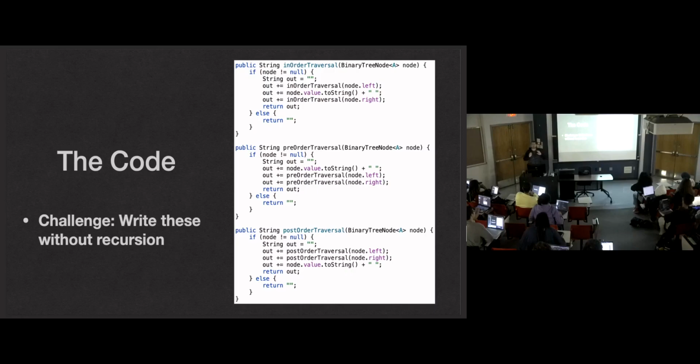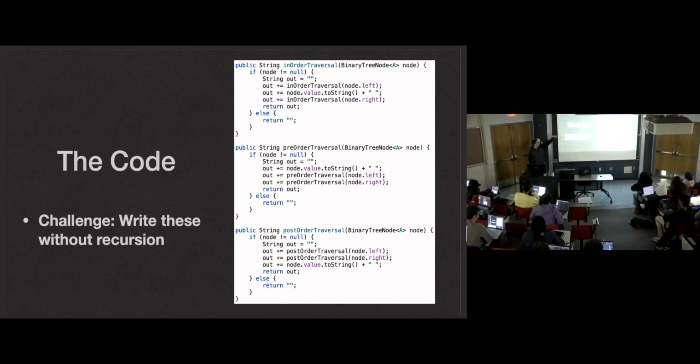A lot of you use loops to do your linked lists. You'd have a loop, node equals node.getNext, while node not equal null, and then process your stuff inside the loop. A lot of you did that on the homework, which is fine. I had my warnings when we did linked lists, but at this point you either heeded those warnings or you didn't. But this is where the payoff is going to be. If you got used to recursion with your linked list, moving on to trees is easy. Taking your loop code that you used with linked lists and converting that to work with trees, try it. If you don't believe me, it's painful. Try it.